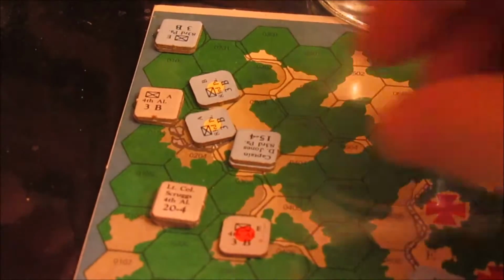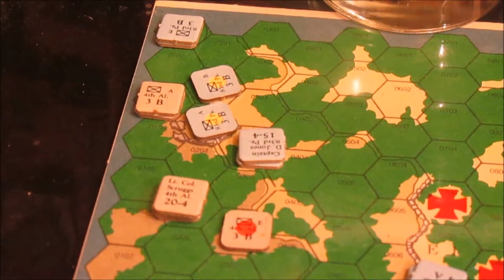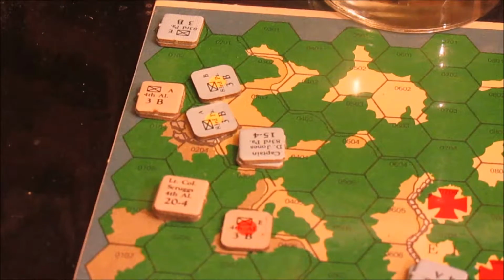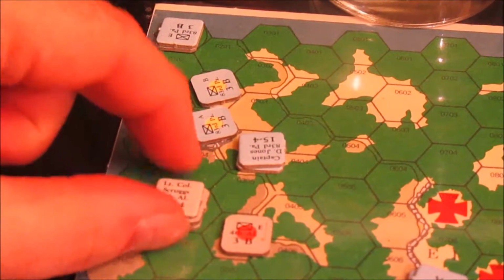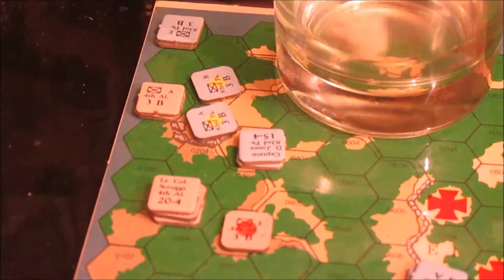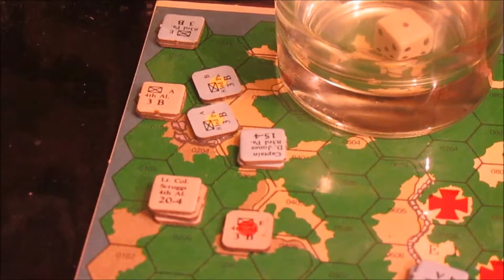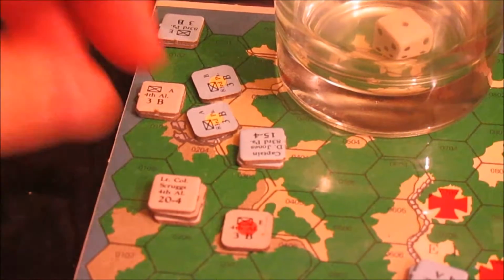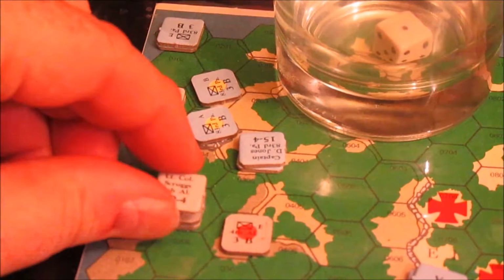So we'll go ahead and go with the Union fire. D Company... Let's see, what's D Company? They're fresh, so they've got 3 points. And they're going to fire here. 3 is a 1. Wow, my dice rolls are just hot today, which is a 1-step loss. And there's no modifiers for terrain or anything. So D Company